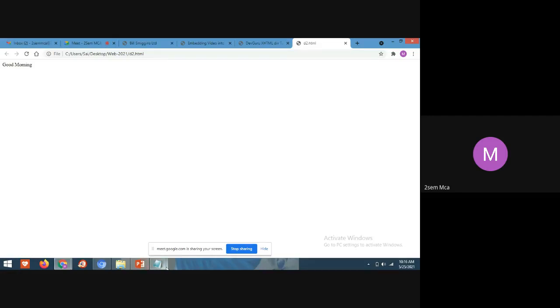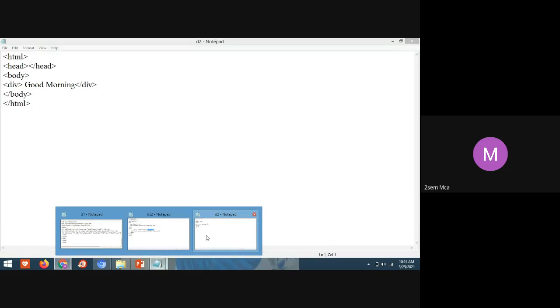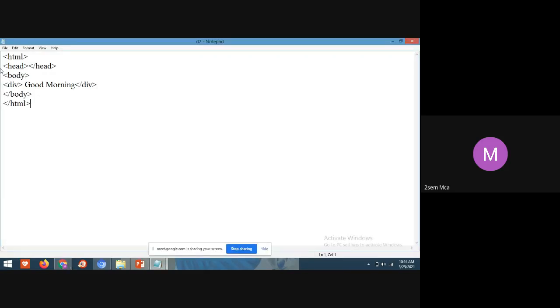So here, students, inside the body tag, I have taken a div tag, and using the div tag I am displaying the output. Now what I'll do,